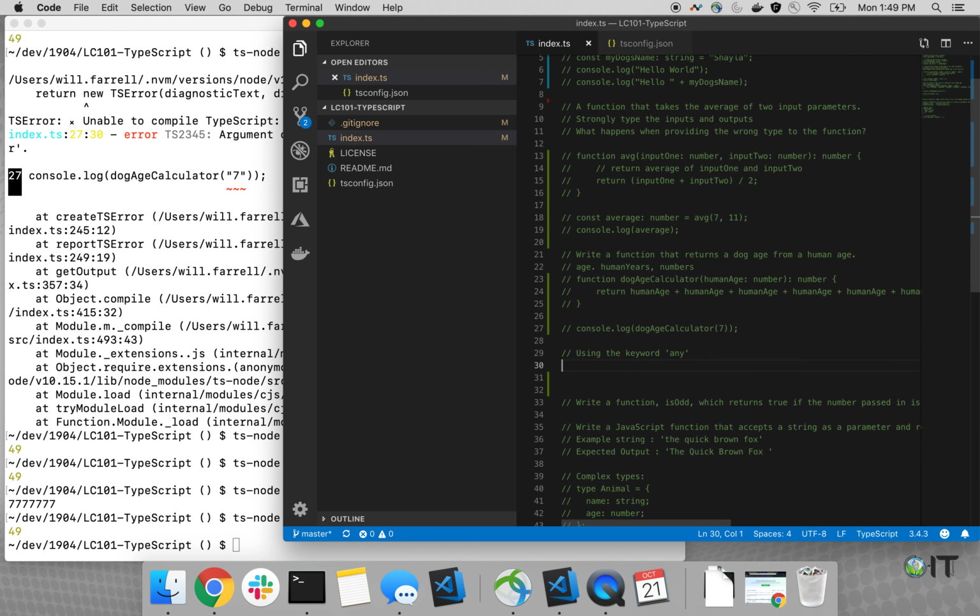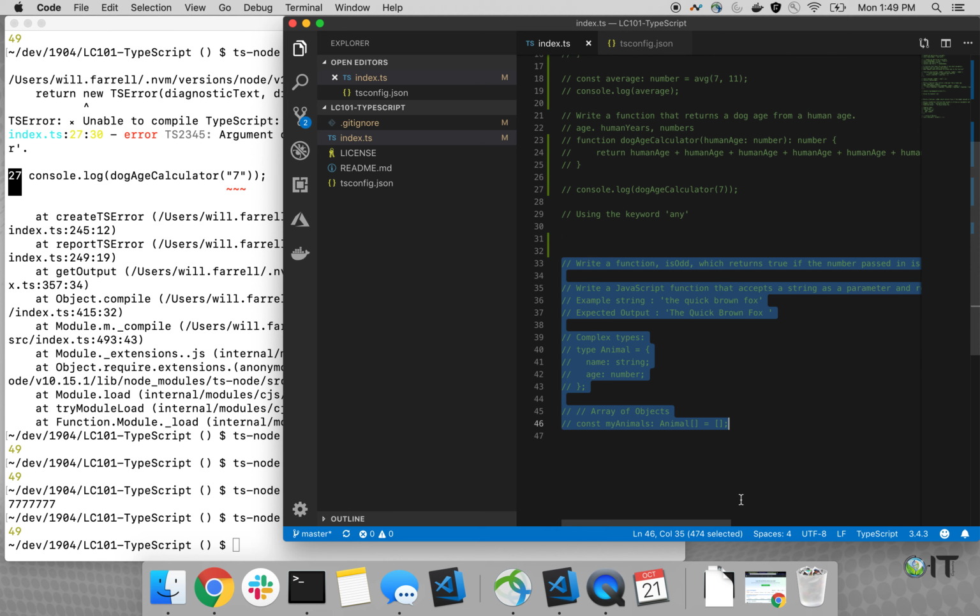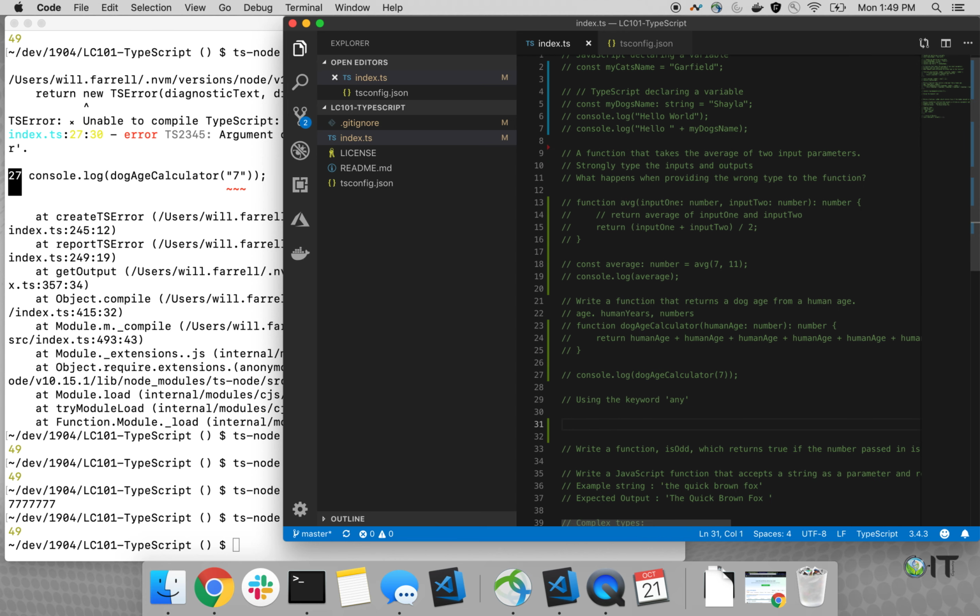Okay, I'm going to leave the stretch challenges here. I'm going to leave 33 through 46 for extra work, for extra practice. And I'm just going to go through a little bit with type aliases and union types. So I can say